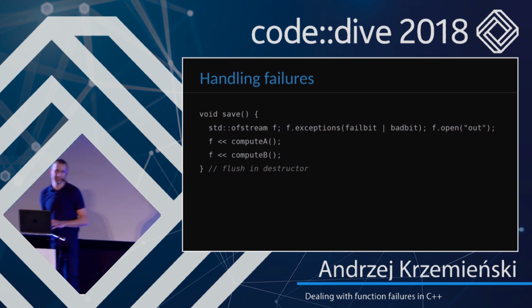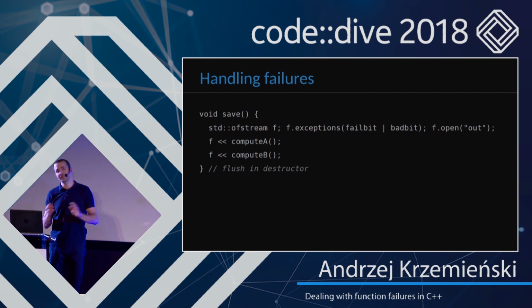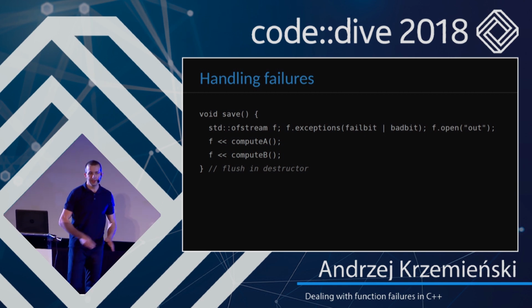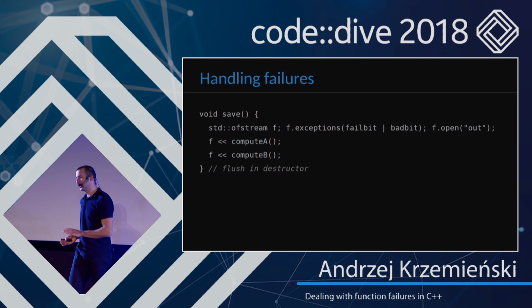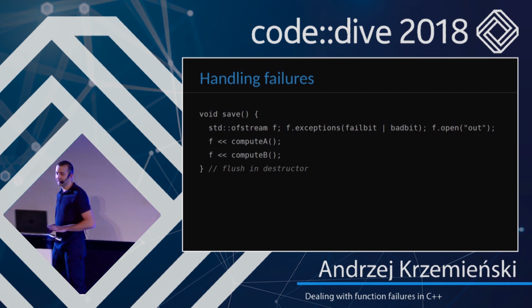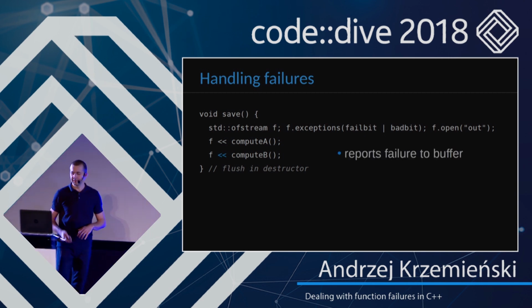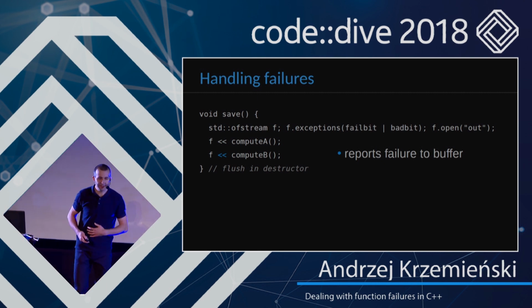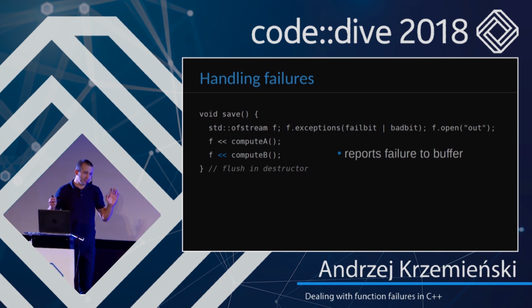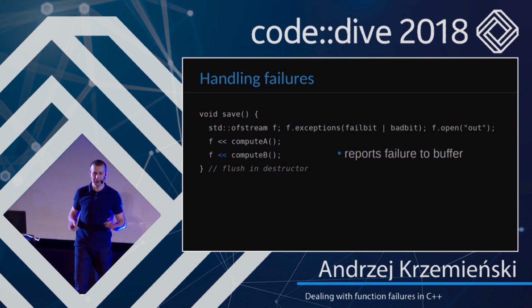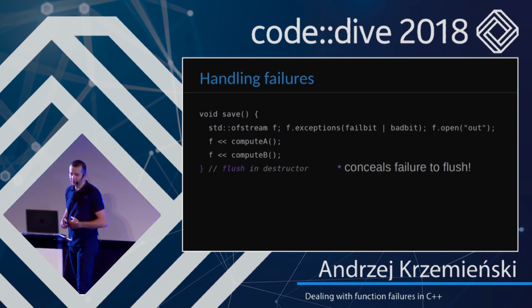We have to start with a dummy file stream, which cannot fail. Then we have to tell it what exceptions to throw, and then we have to open the file. And now, if the buffering of the data fails, we start the cancellation cascade. We inform our callers that we failed. They will do it manually or not, but they have a chance. But what if